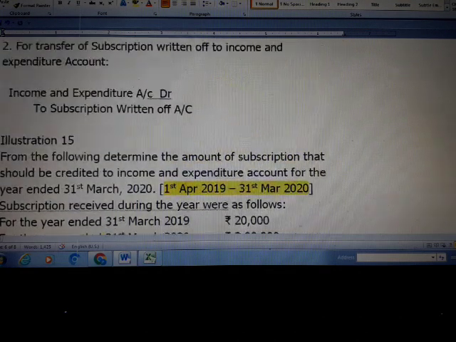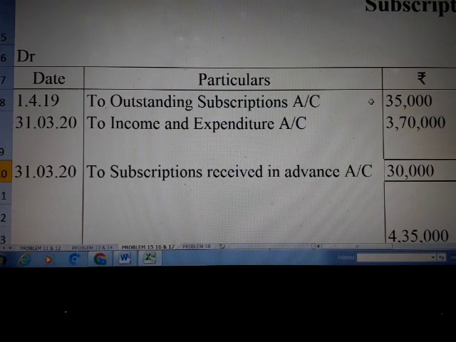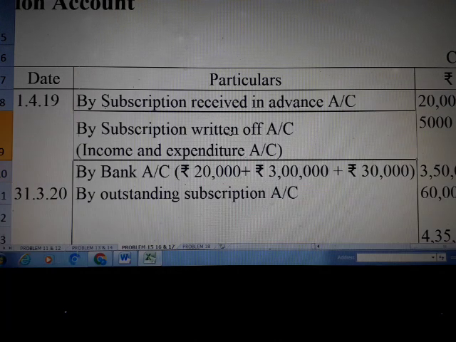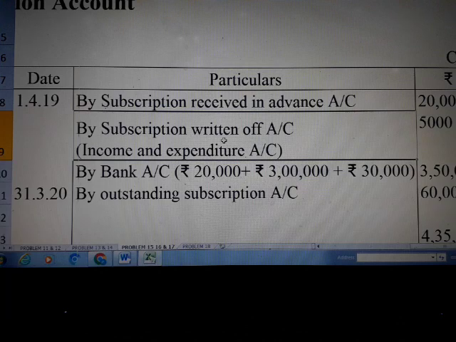How? Just recollect this journal entry. What is said? Subscription written off to subscription receivable account or outstanding. So in my receivables, receivable means credit. So in my receivable, I have to bring the amount of 5,000. So how am I going to document that 5,000? I'll be mentioning it as by subscription written off, 5,000. So it is an income and expenditure account. Able to understand? This amount of 5,000, I'm not going to receive it, so I'm just mentioning it on my